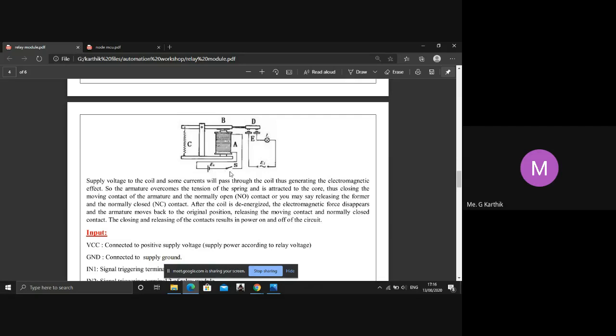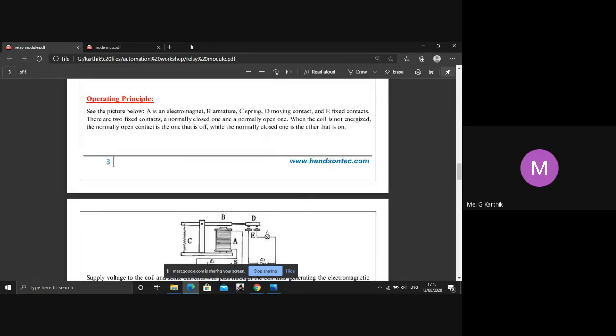When you give 5 volts here, these two contacts connect if you connected it in NO. There are two things, right? NO, which is normally open, and NC, which is normally closed. When you give voltage, if it is in NO, they both connect, and this AC voltage is passed through the bulb. If you don't give any voltage here, then these two remain an open circuit, and no voltage comes here. This is a quick recap of the relay module, and I'll show you the NodeMCU also.